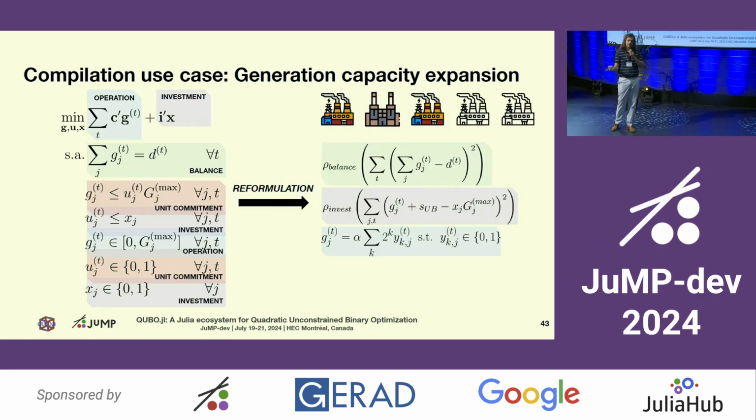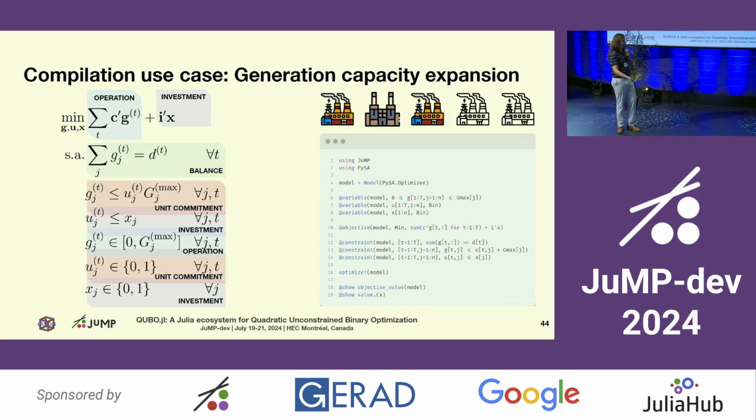The variables have to be encoded using binary ones, as we can see here. So this whole thing is to just show how, if you're going to do this manually, this can get very annoying very fast and prone to errors. So instead, you can just take some of our well-known JuMP code, where you can see the constraints and variables are all represented there. The continuous ones are given as is.